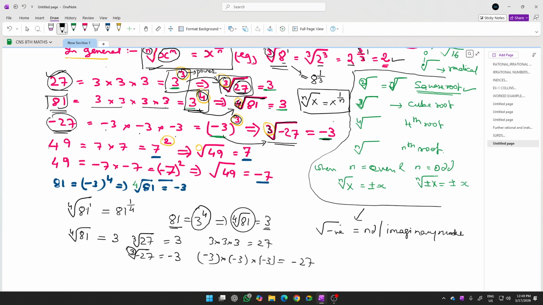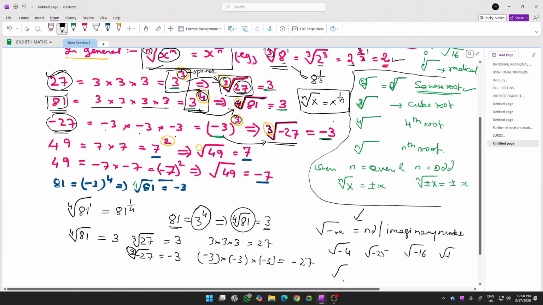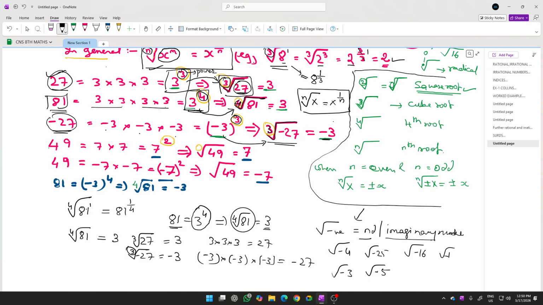Under the square root sign, if you have a negative number, for example, square root of negative 4, square root of negative 25, square root of negative 16, square root of minus 1, square root of minus 3, square root of minus 5, any negative number under the square root sign, that will be not defined or an imaginary number. But